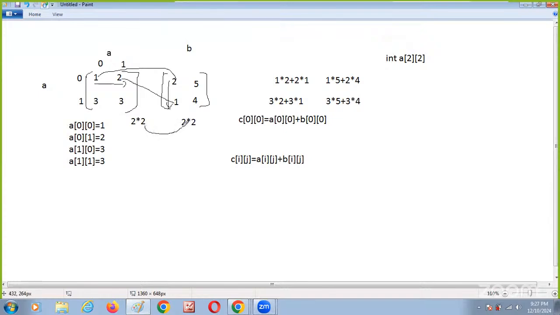These two should be equal. That means the number of columns in the first matrix is equal to the number of rows in the second matrix. These two should be equal. So, for example,